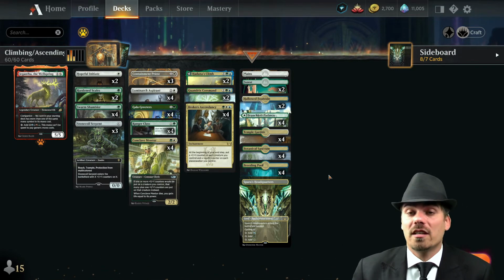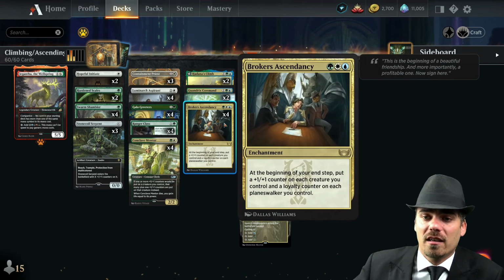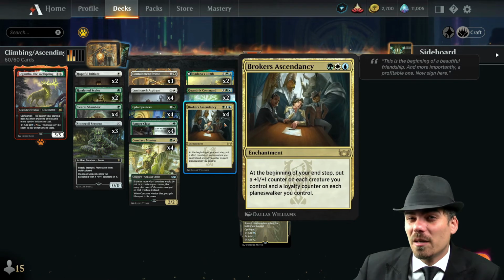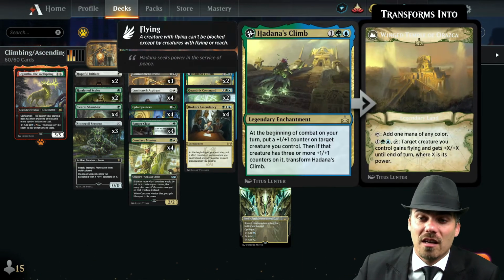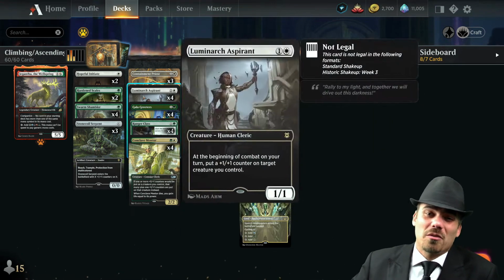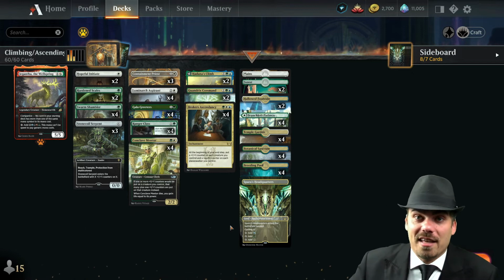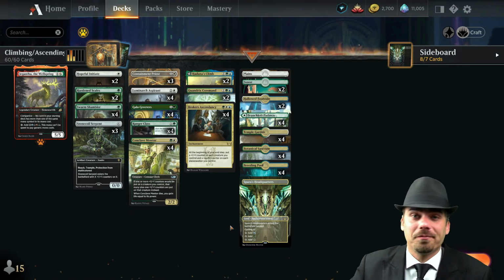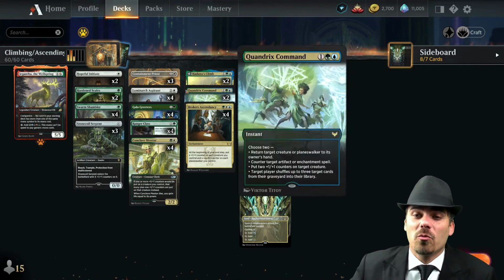I do think it actually gets notably better since we are a synergy-based deck. Thought Seizes and things are generally pretty good against us. So when they take our only Broker's Ascendancies or Hadana's Climbs out of our hand, it makes it so we've just got to rely on very small creatures to win the game. Sometimes we do because they don't have any other interaction. Sometimes we lose, right? So I think now that Winota is banned,